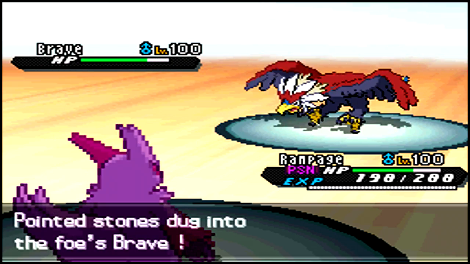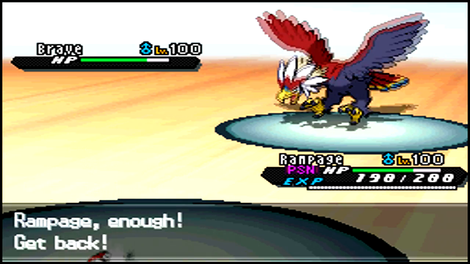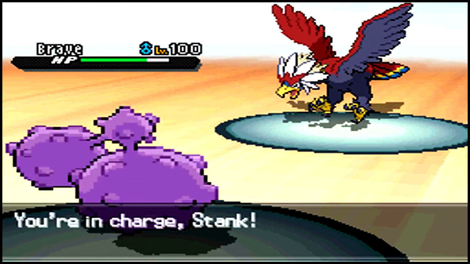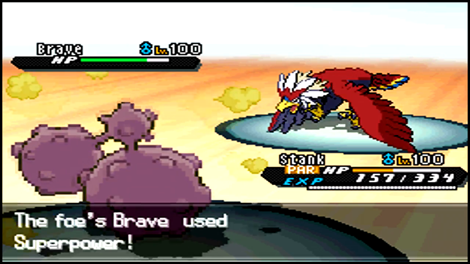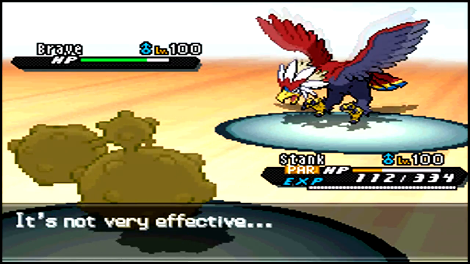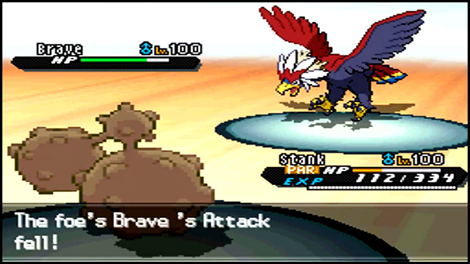I don't even know. I can't quite remember the name of that item, but I'll put it down in an annotation. So anyways, he's going to bring out his Breloom, and the game turns into a 4v3, which is great. And it seems like he's going to go for the Superpower. However, this is very good for me because I do in fact notice that